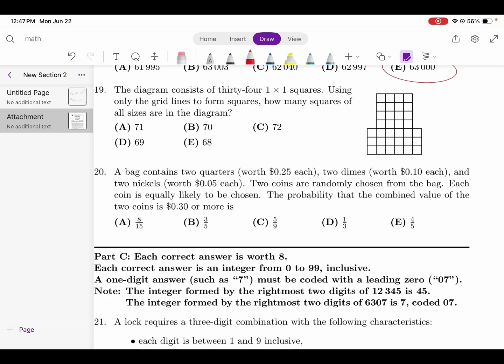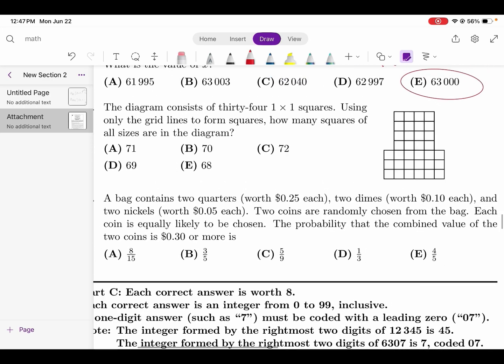Question 19, how many squares of all sizes are in the diagram? They already give you that there are 34 1x1 squares. And then to count 2x2 squares, you first consider this little rectangle in the middle. And in that rectangle, there are 3 times 6, which is 18